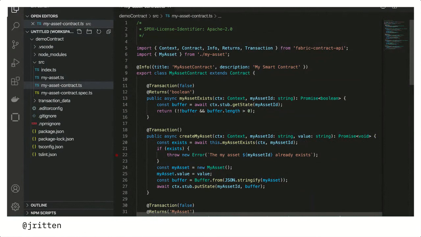So let's take a deeper look into what's going on with the smart contract here. Daniel talked a little bit about what is blockchain, what's a smart contract, kind of what's going on at a more high level. So let's take a look at the code and understand what's going on. The generated smart contract code scaffold provides a good example of common operations for interacting with data on a blockchain ledger. All the code here is written and meant to be interacting on a blockchain ledger. If we skip over the myAssetExists function, let's take a look at the create myAsset, which is right here.